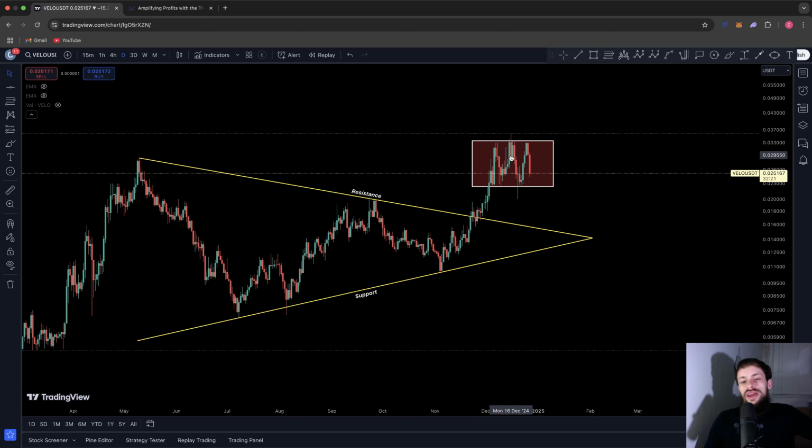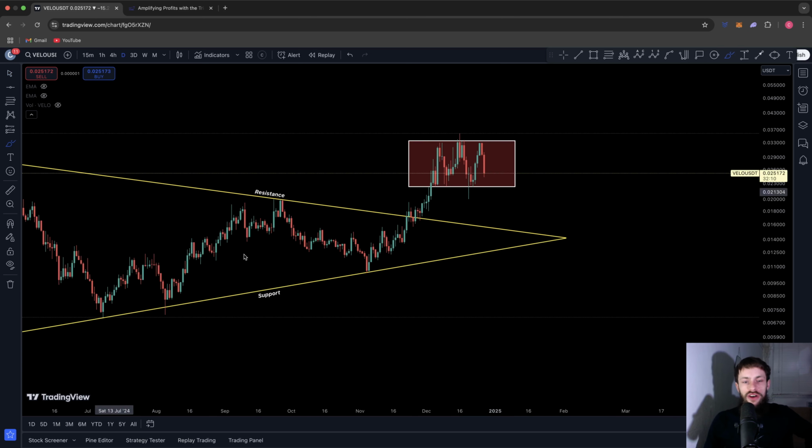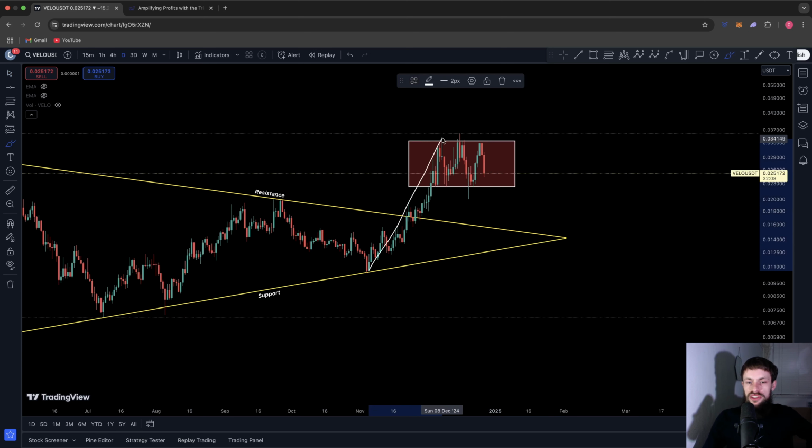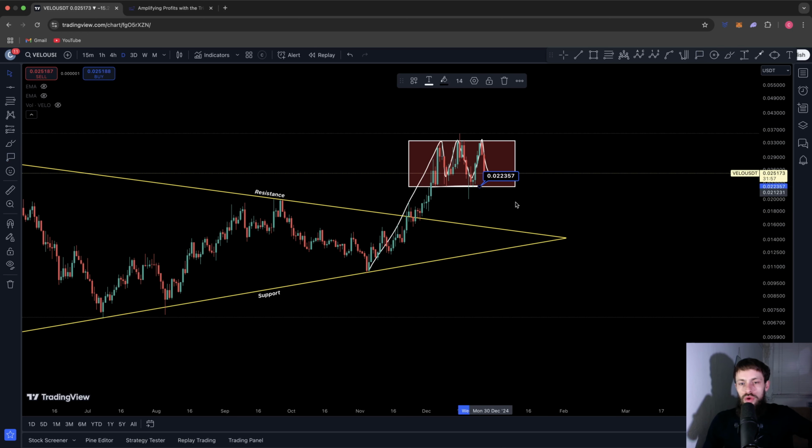So we've had quite an impulsive move, and it does look like potentially there's going to be a few factors that would have to give this away first, but potentially this could be a triple top pattern here on the daily after such an explosive move from the support level. And we've got these 3 peaks right here, and if we lose this support line, which currently sits at 0.022 and is our midterm support level, if we lose that on this pullback, it would give more confirmation